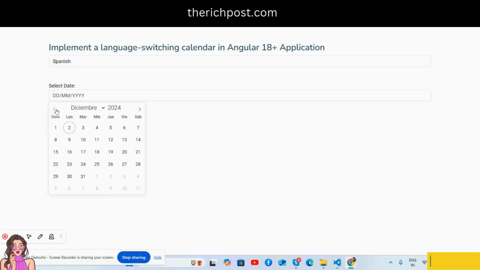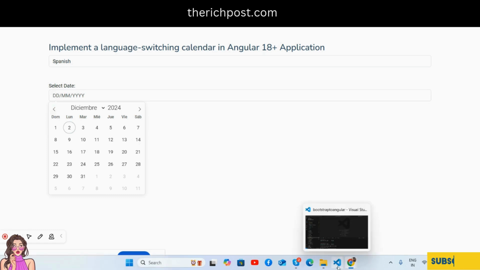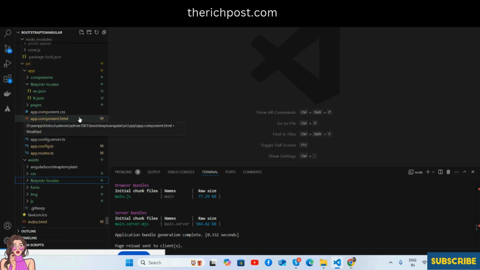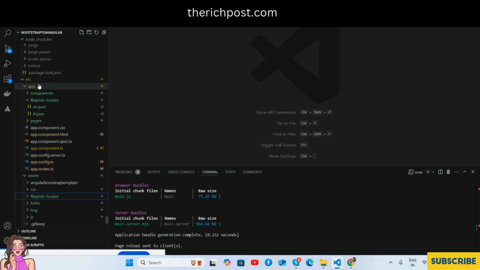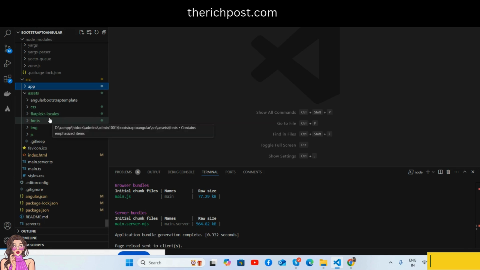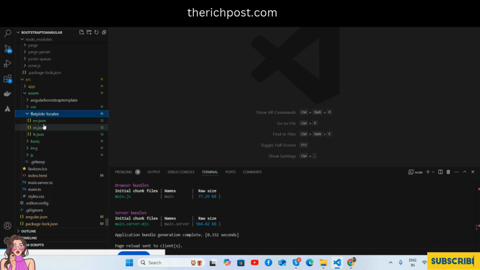Guys, now I will show a few parts of my code. Here's my languages file. All are in place inside source assets. I have made one folder named flatpickr locales, and inside it I have added my JSON files, like en.json English,